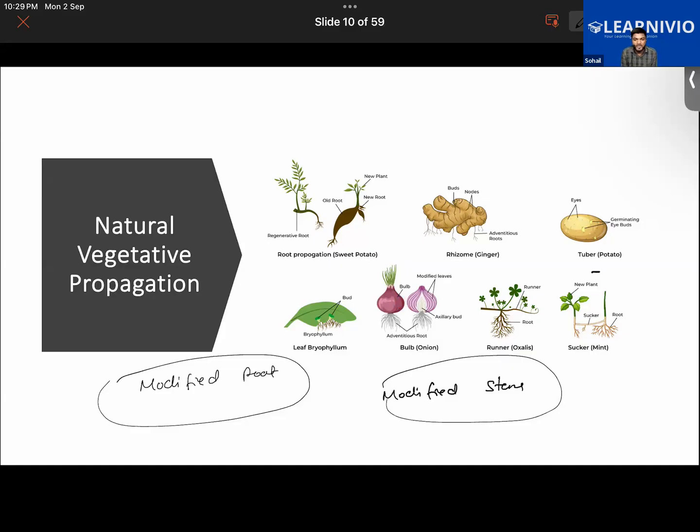Okay. Modified stem, tell me. Didn't we learn about this right now? Moments ago, we learned about this. No? Sir, potato. Sir, sweet potato is a modified root. Oh, that's what I'm saying. Sweet potato is a modified root. Sir, I was talking about the modified stem. Okay, modified stem. Then it is correct. I thought you were answering for that one. Then it is correct if both of you were answering onion. There were some more examples of modified stems, not just onion. Potato. Yes. And Priyanka, is ginger also a modified stem? Yes. Exactly. And rhizomes. Rhizomes, do they grow